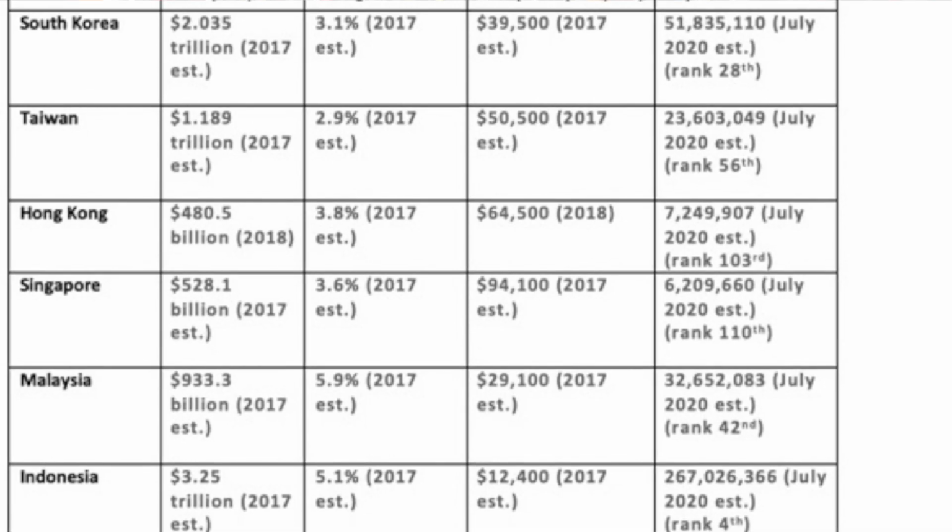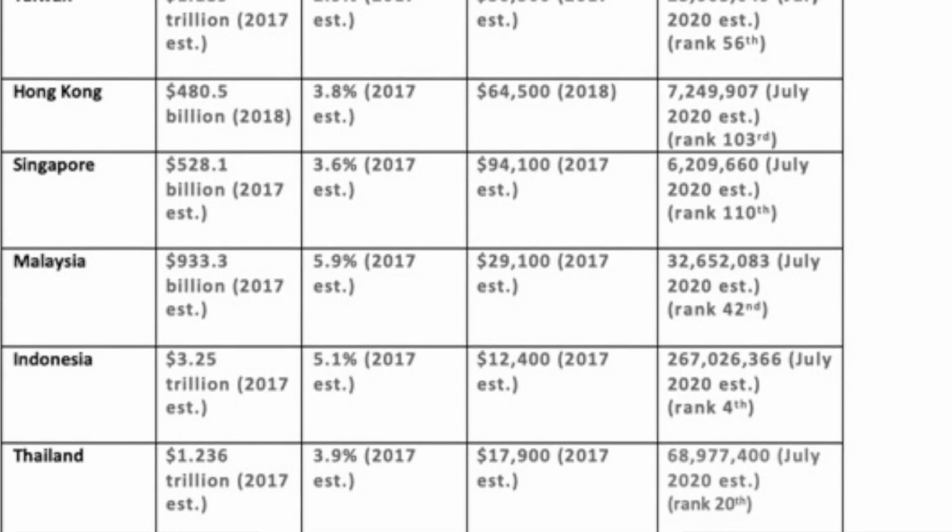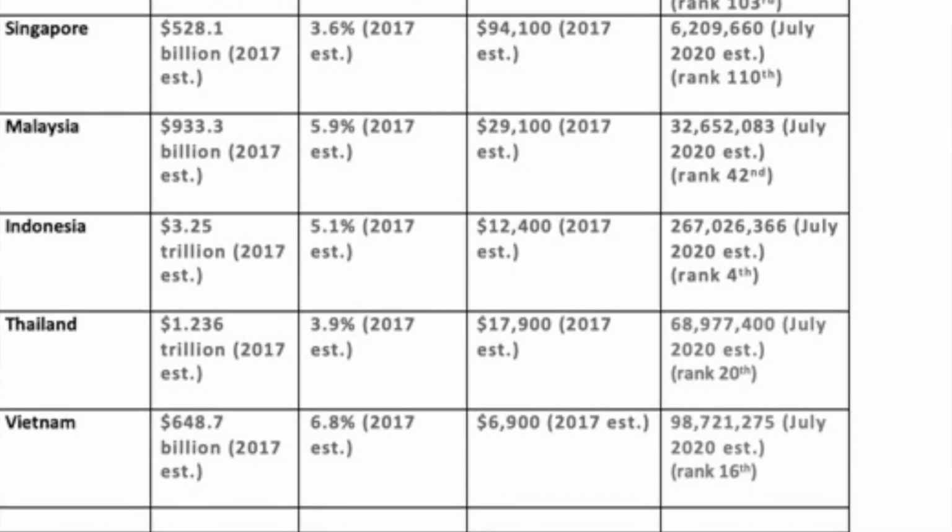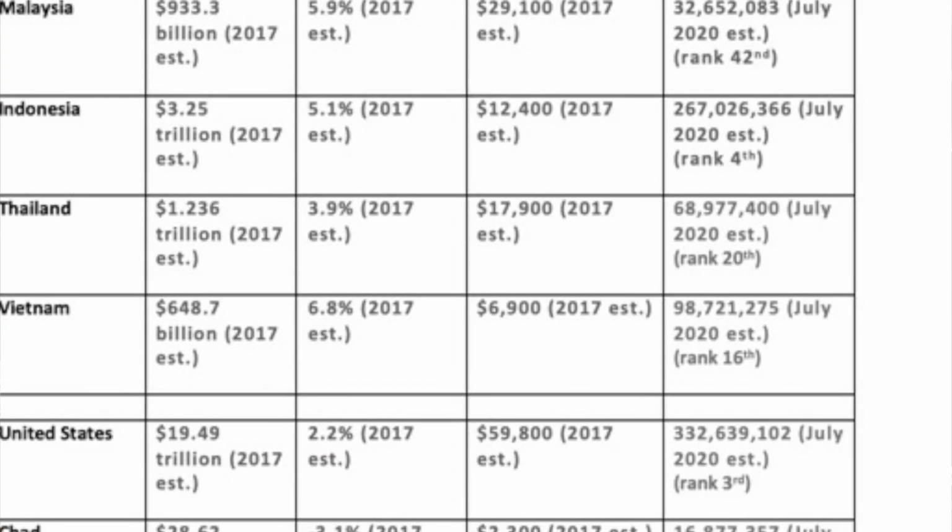19 trillion. The only other... there are 4 countries that have trillions. So we've got South Korea with 2 trillion, Taiwan with 1 trillion, Indonesia with 3 trillion, and Thailand with 1 trillion, and the rest of the countries are in the billions. So just to compare, you can see that they're not making as much money as the United States, but we also want to keep in mind